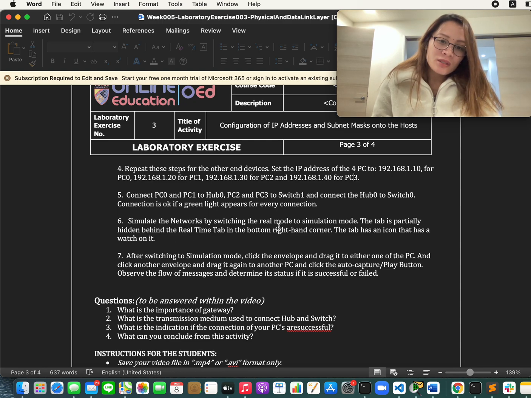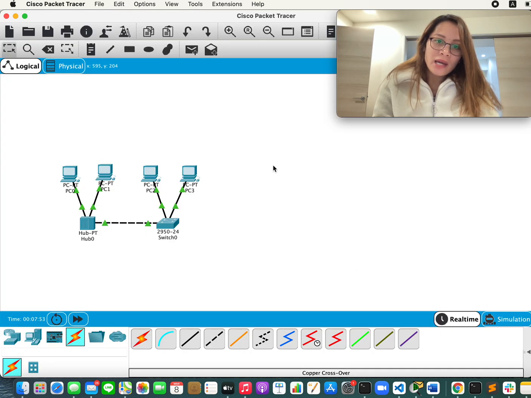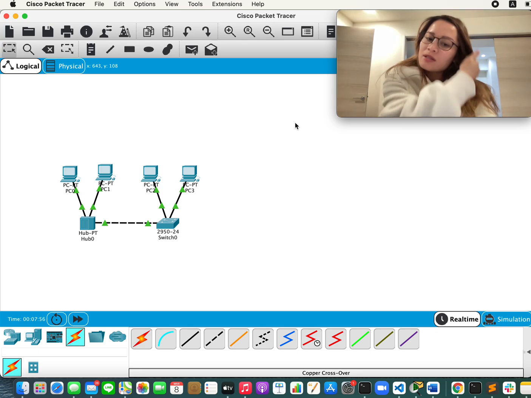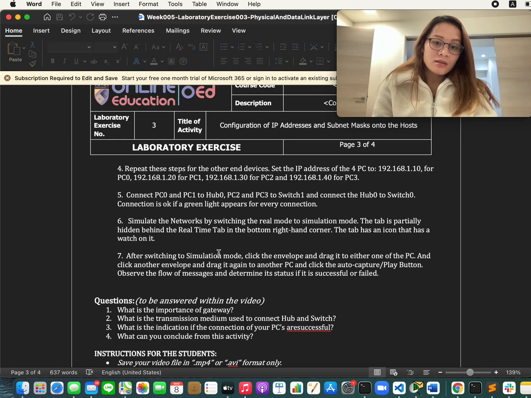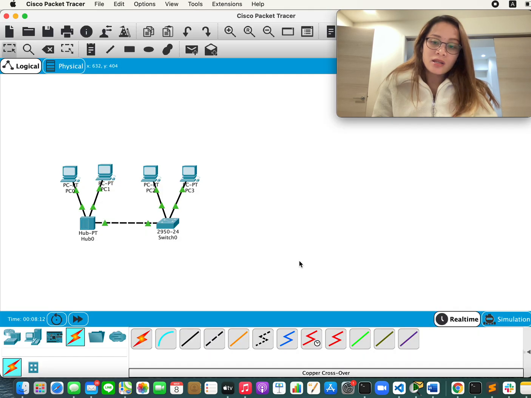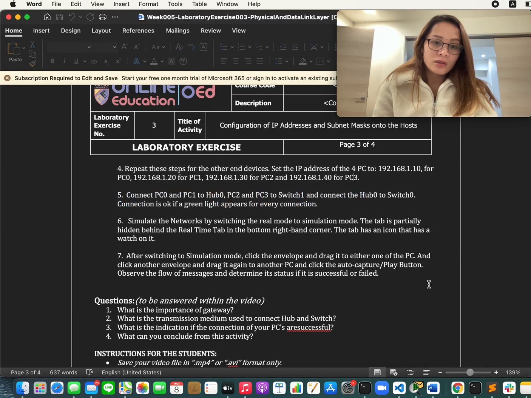Simulate the network by switching the real-time mode to simulation mode. The tab is partially hidden behind the real-time tab at the bottom right-hand corner. The tab has an icon that has a watch on it. So I think I have the latest Cisco Packet Tracer version, and as you see, the real-time tab is not on top of the simulation tab. As yeah, the tab is partially hidden behind, so yeah, it's not hidden, but I think it will work the